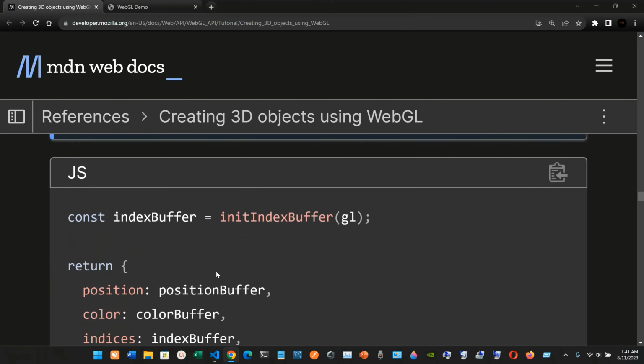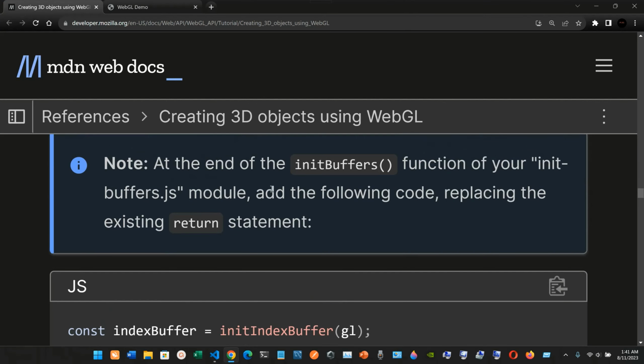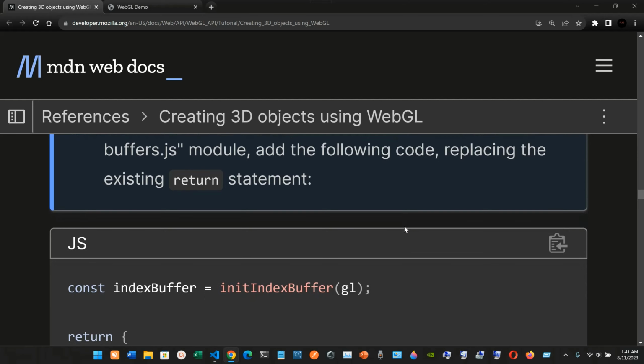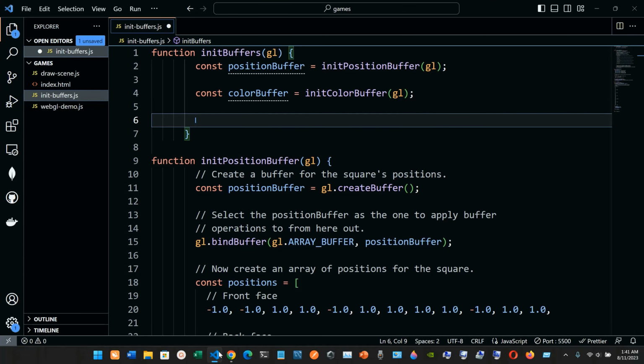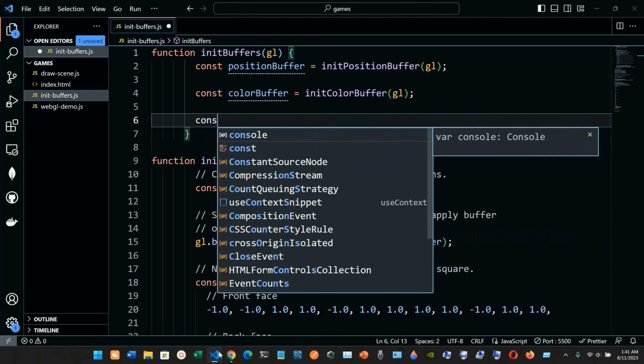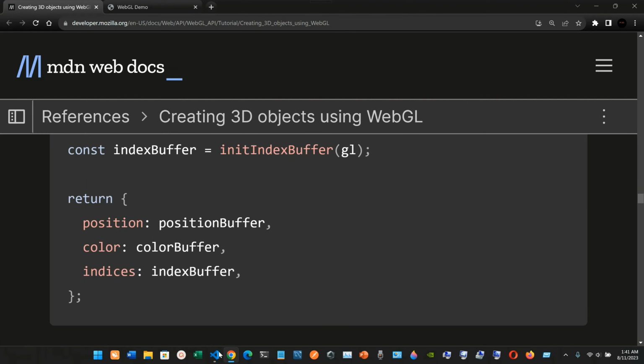Let's read it again. At the end of the init buffers function of your init buffers JS module, add the following code replacing the existing return statement. So we're going to have a declaration here,